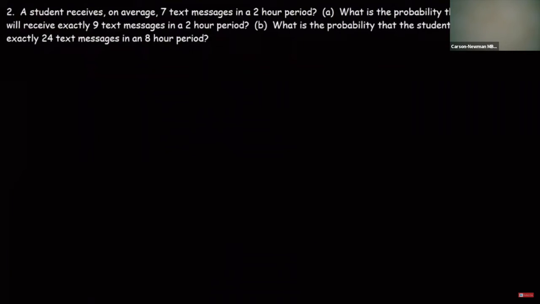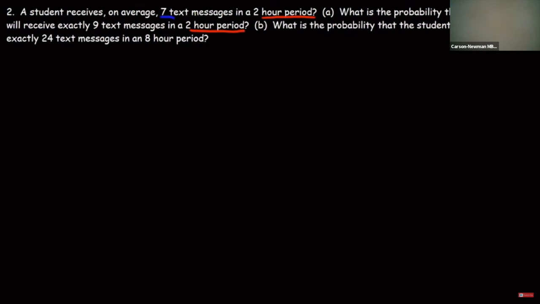Number 2, a student receives, on average, 7 text messages in a 2-hour period. What is the probability that the student will receive exactly 9 text messages in a 2-hour period? So what do you think we have to do in order to solve this problem? Go ahead and try it. Now, there's something that you need to pay attention to, and it's the time interval. Notice that the time interval doesn't change. It's the same. So therefore,